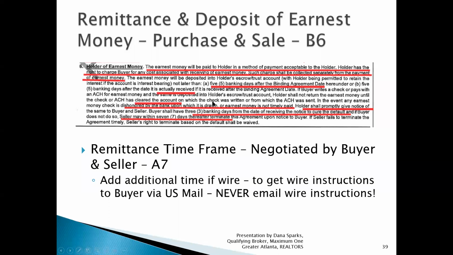Now, I'm not going to go over these in depth. This is a section on earnest money. This is basically the holder of the earnest money. When the buyer and seller negotiate